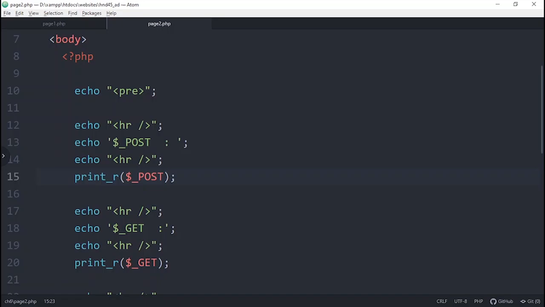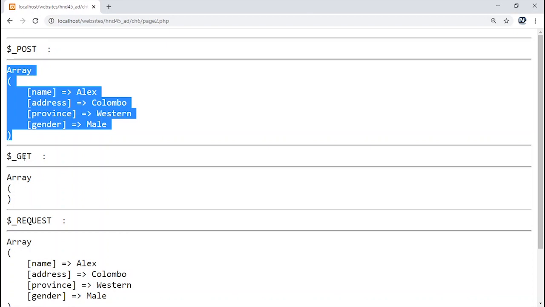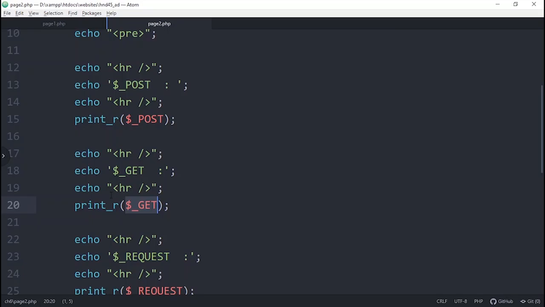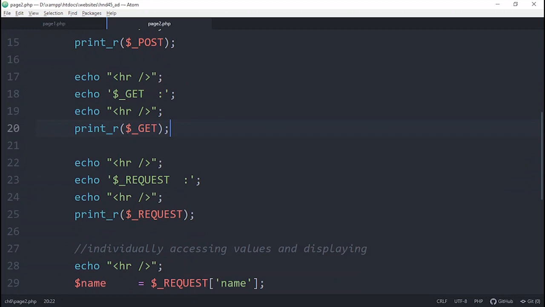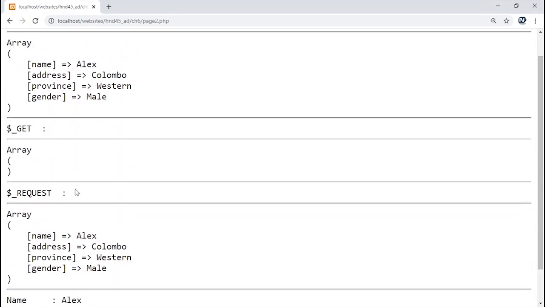Let's see what happens to the get array here. $_GET is also an associative array in the server which receives the values from the front end, but in our case the get array seems to be empty here. There is a reason for that. If you take a look down here, again I am referring to another built-in associative array which is $_REQUEST. In the request part, you can see the output. The request array also contains the same information as the post array does.